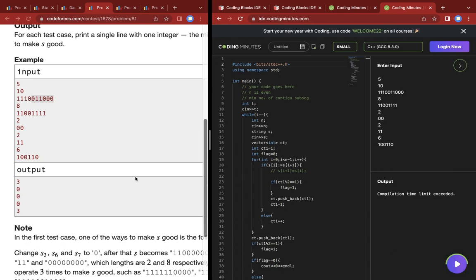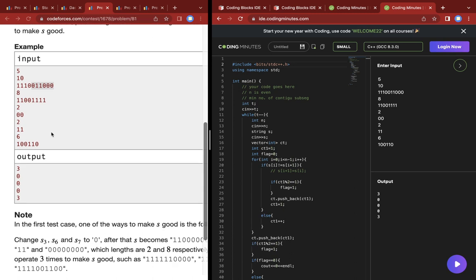We can make this 1 and this 0. This we can remove. Okay, so 1, then a 0 here, and a 1 here. Okay, so the greedy approach is working,